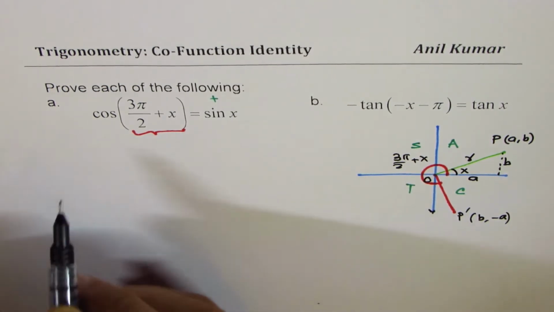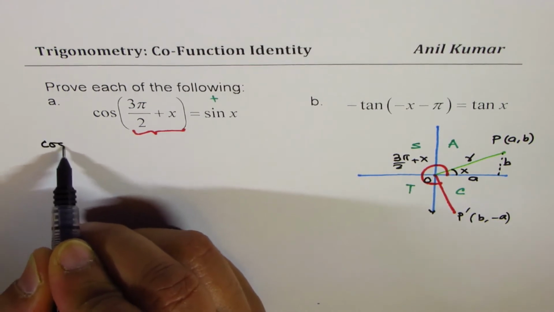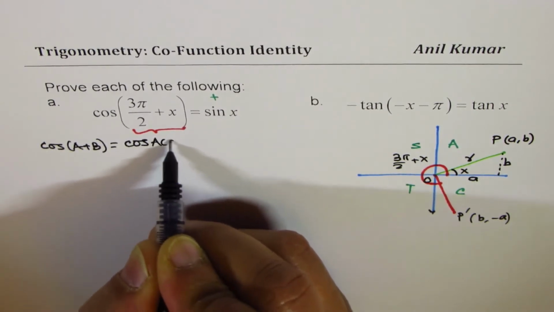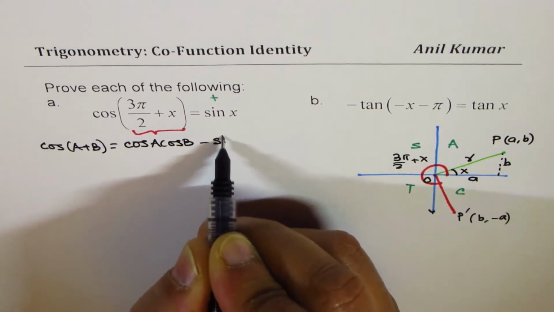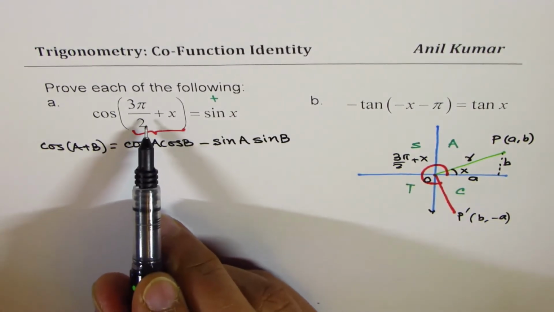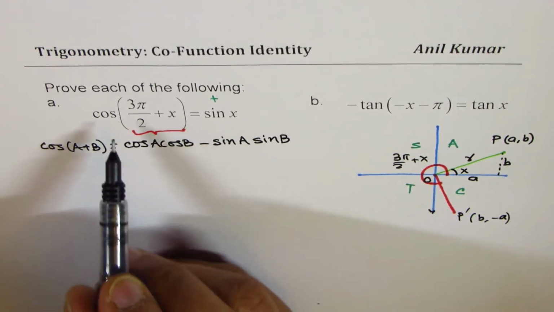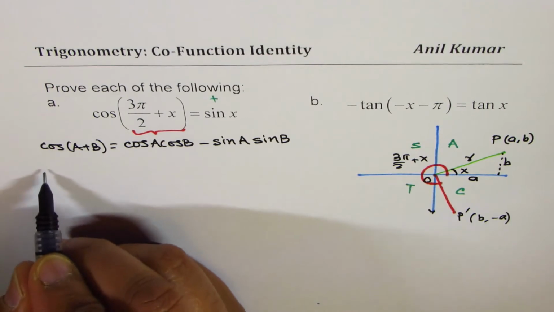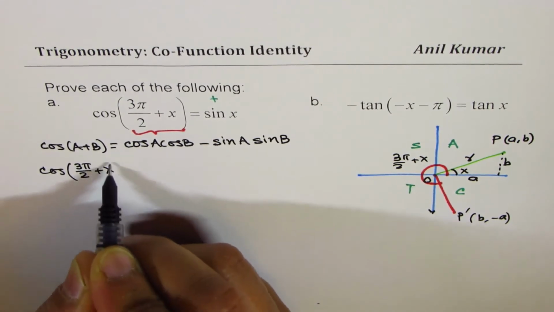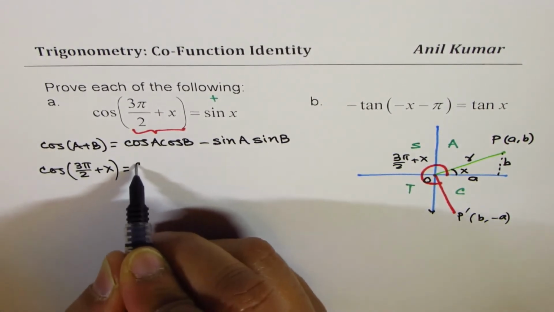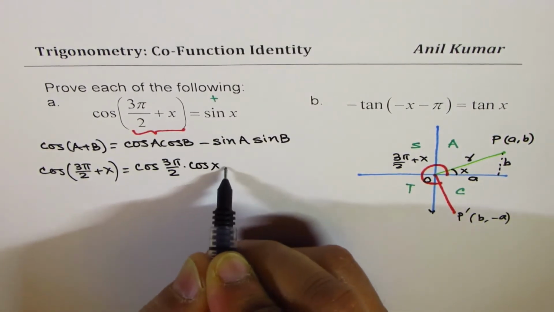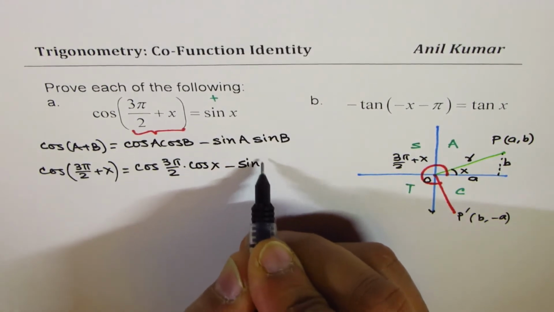However, we are going to use the compound angle formula, which is cos(A + B) equals cos A cos B minus sin A sin B, to prove this particular cofunction identity. So A here is 3π/2. So let's write down cos(3π/2 + x), B is x. So that should be equal to cos of 3π/2 times cos of x minus sine of 3π/2